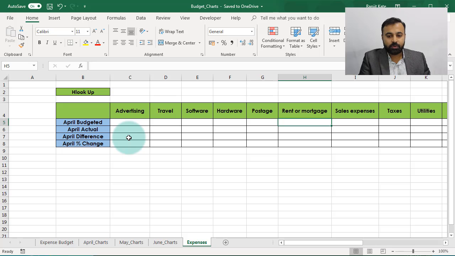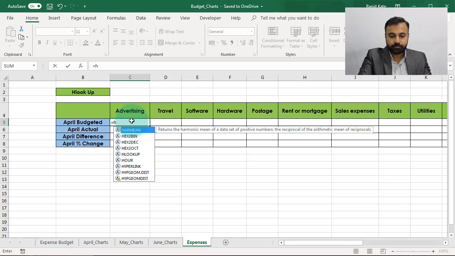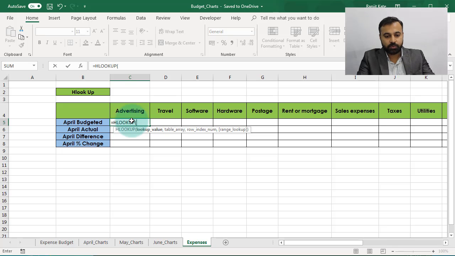We are not going to use VLOOKUP, we are going to use HLOOKUP because it is preferable as our data is in a horizontal format. So let's see what the syntax of HLOOKUP is. Equal to HLOOKUP. What is the lookup value? We want to find the value for April budgeted,